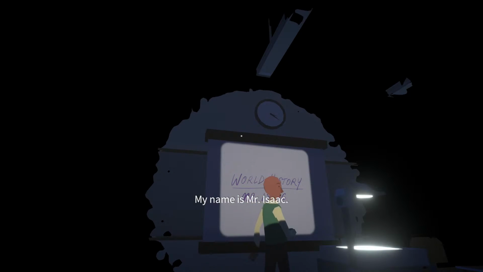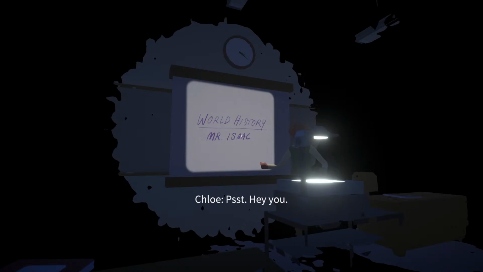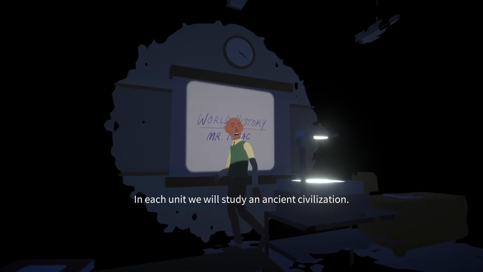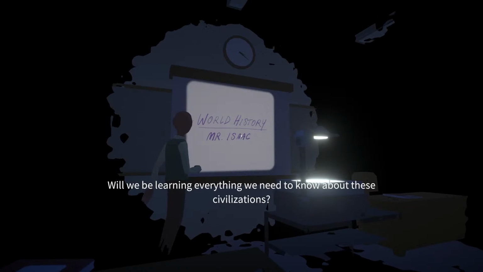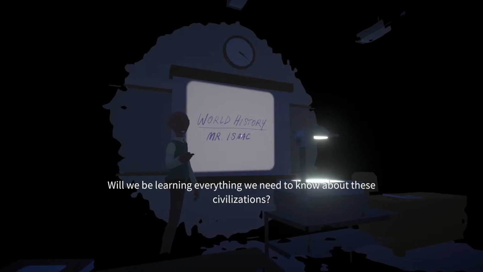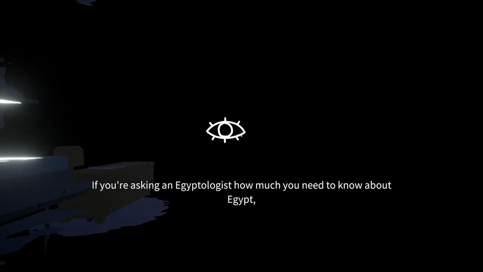The class is world history. My name is Mr. Isaac. The class will be broken up into units. In each unit, we will study ancient civilization. We'll be learning everything we need to know about these civilizations. Well, it depends on who you're asking. If you're asking Egyptologists, what you need to